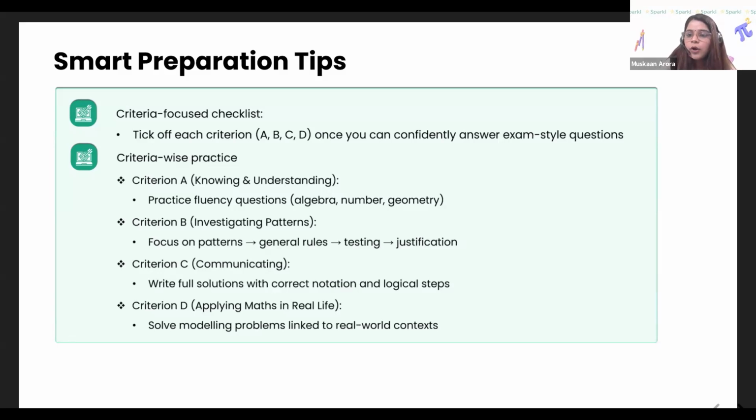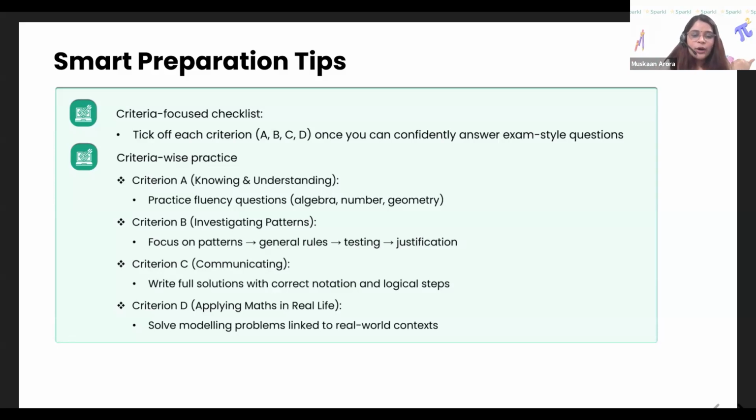Is anyone else also following a set pattern for attempting the paper, like Sia told us about? Ma'am, I'm also doing it in a similar way, where I do criteria B first, then D, then A. That saves me a lot of time. Good. And you are always able to complete it in time, right? Yeah. Okay. Now, once you're done with B and D, being fast on criteria A becomes important, right?